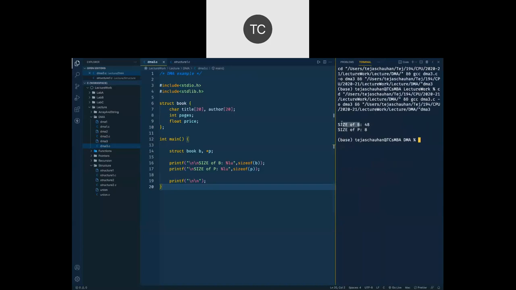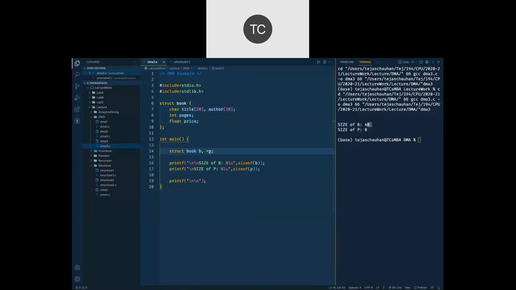Size of B is 48 bytes and the size of variable P is 8 bytes. And that's the difference. Look, when you declare a variable for any structure, if it is a normal variable, it is going to acquire the total size of that structure, which is 48 bytes.